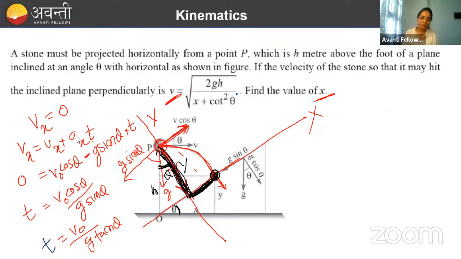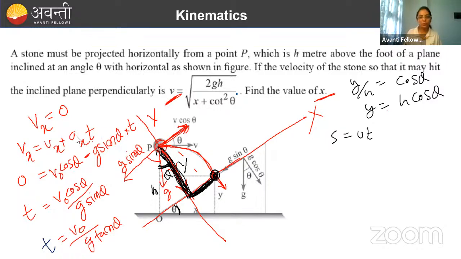So y by h will be equal to how much? Y by h will be equal to cos theta. So y is equal to h cos theta. So h cos theta is the distance along the y direction it has covered in time v naught by g tan theta. Now let's write the distance formula, S equals ut plus half at square. I'm talking about the y direction. Along the y direction, distance covered is h cos theta. Again, along the negative y direction, so minus h cos theta I'm going to write, equal to